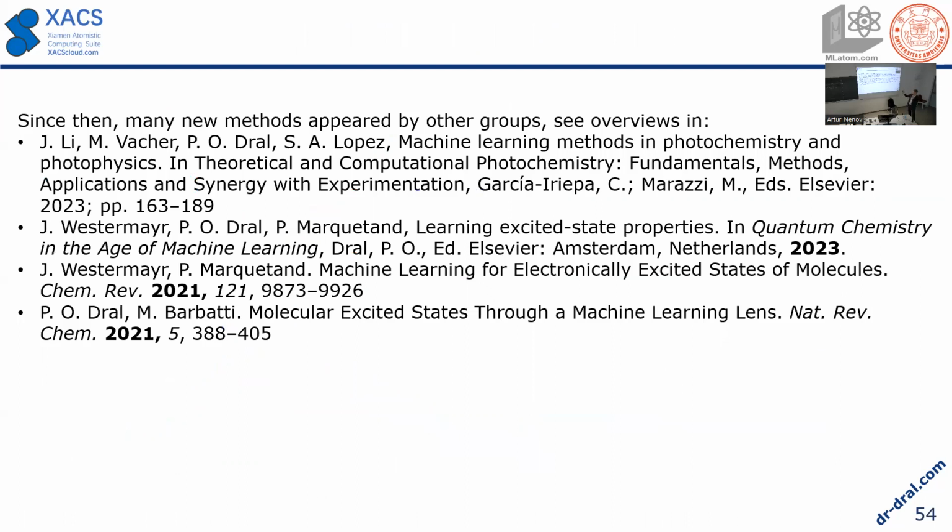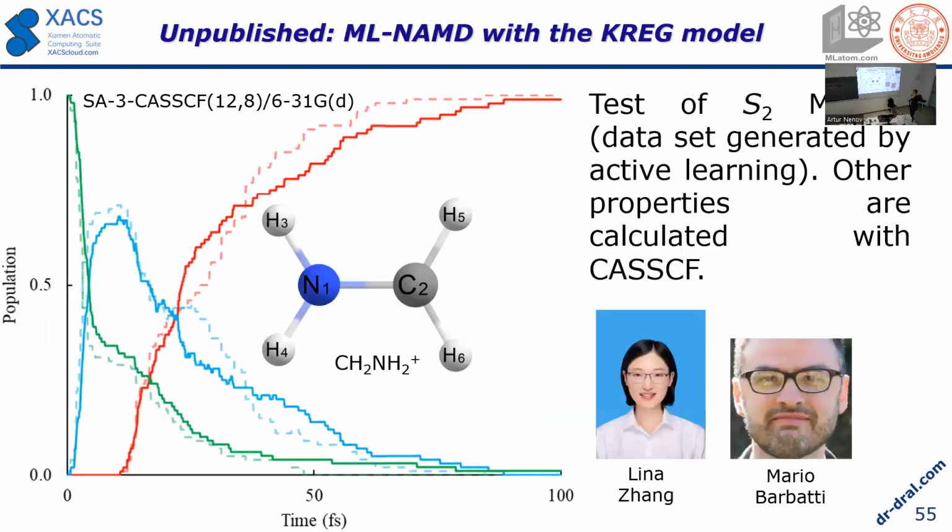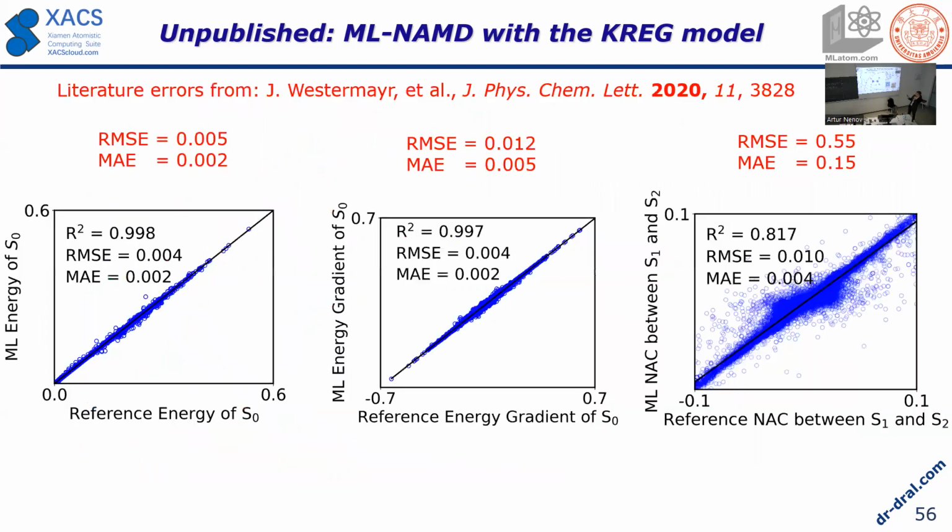And then there is lots of progress in these papers again. One year in machine learning is essentially another field, so the field moves very fast. There are already reviews about this, you can check them. Here are some attempts on some models which were used in Vienna. We also tried some active learning for the surfaces. Quite good for one surface at least, and for nonadiabatic coupling, we also trained quite good models compared to literature values, but that's still work in progress.